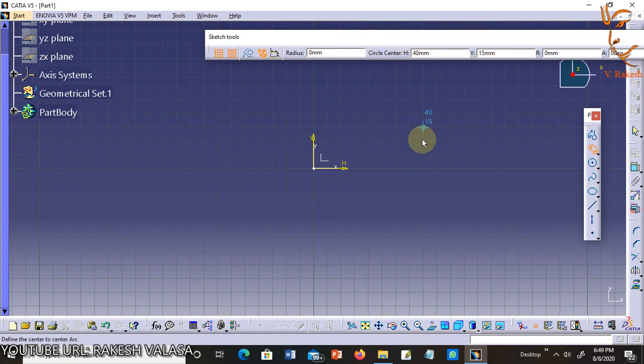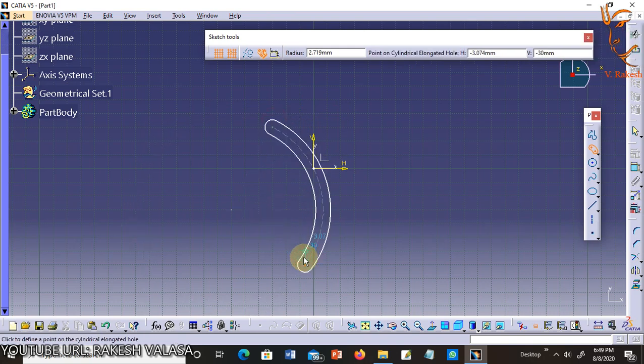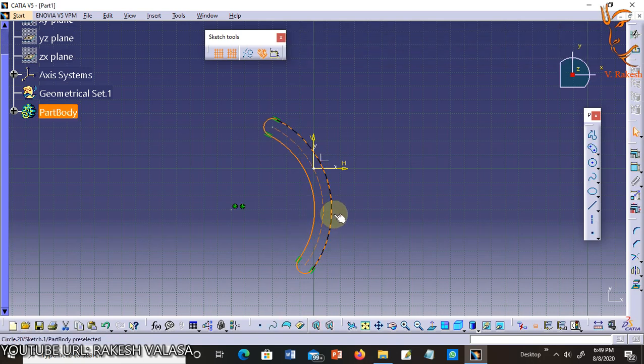You are going to define the circle center. Next one is arc extremes, that means starting point of arc and end point of arc. Now also give the radius of the cylindrical elongated hole. This is the procedure for creating a cylindrical elongated hole.